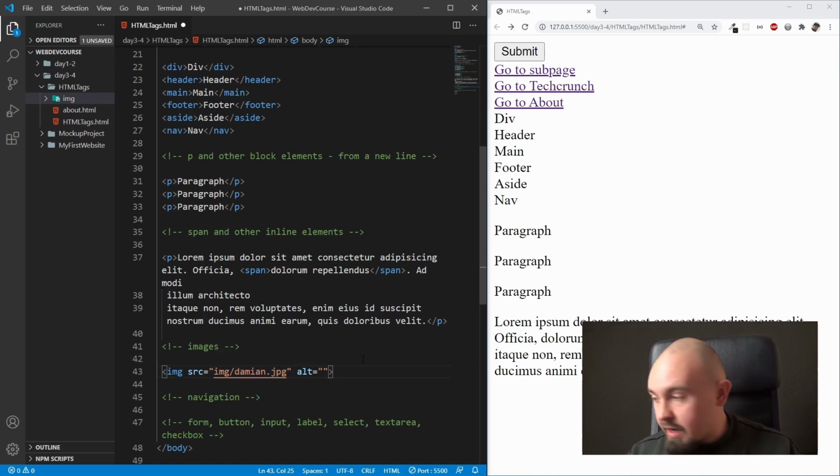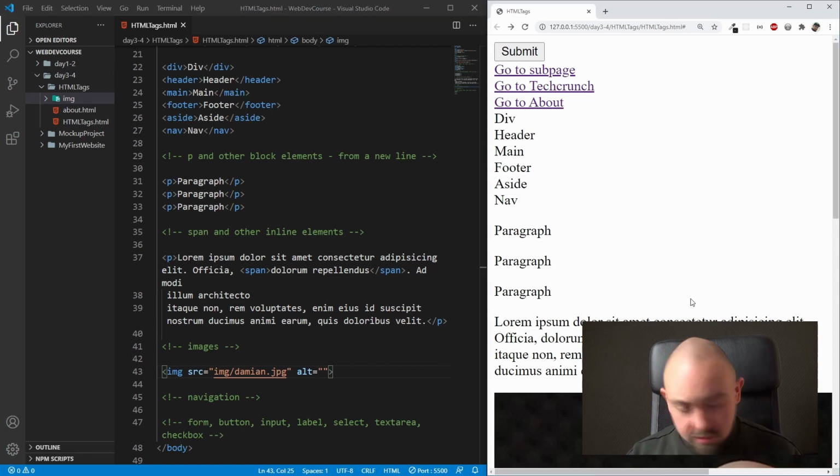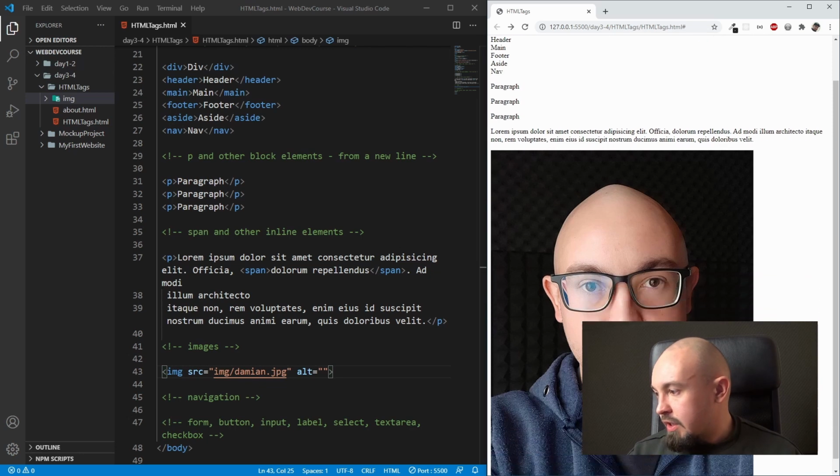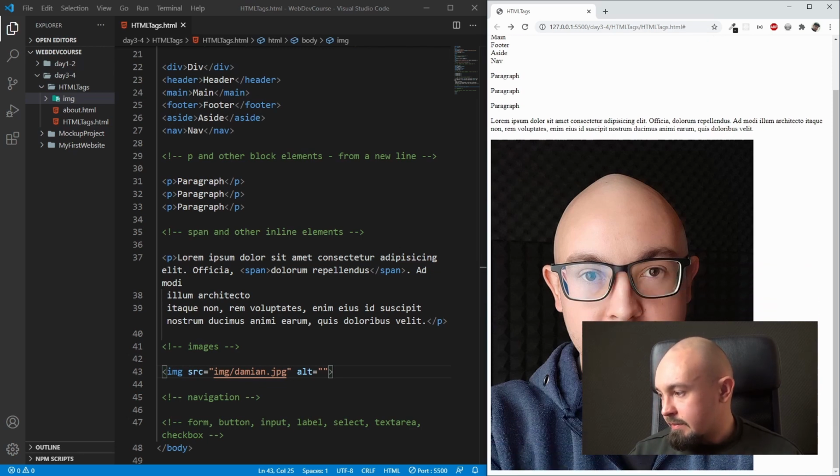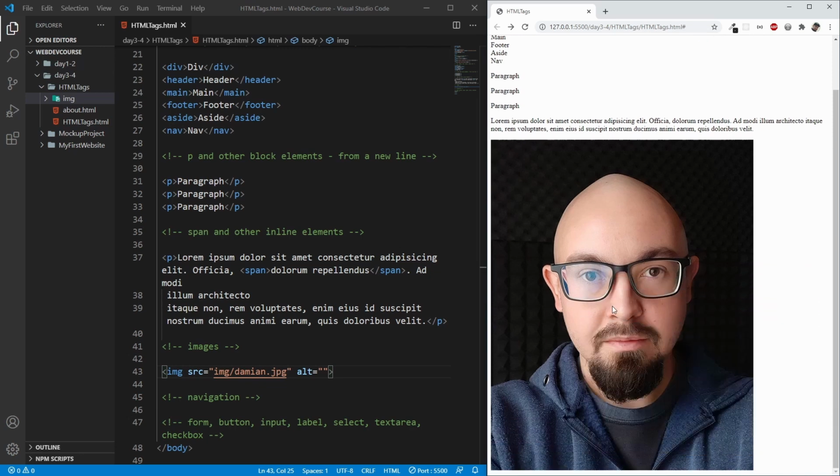Now let's save our file. Let's put the default size of our website, and we can see it exactly like this. It will show on our website by default in its actual size, and this is 600 to 750 pixels. Later in CSS, we can change the size of the image however we want and place it wherever we want